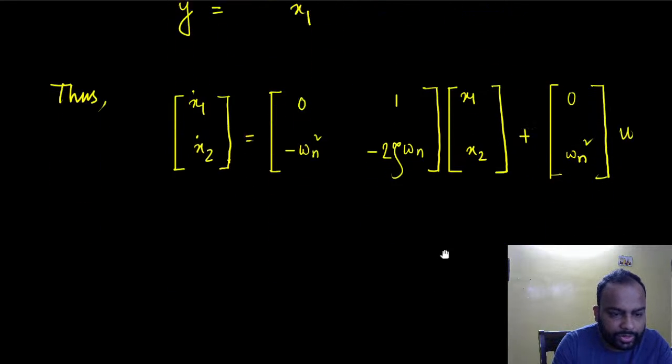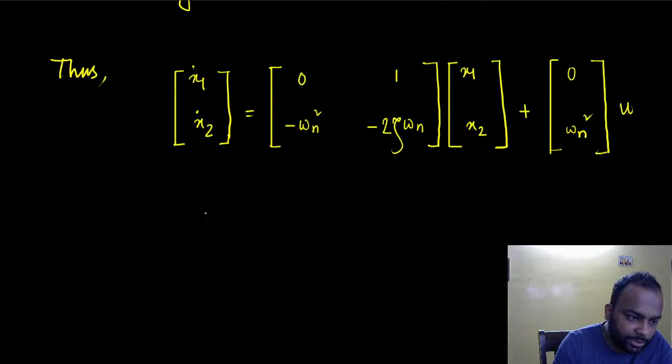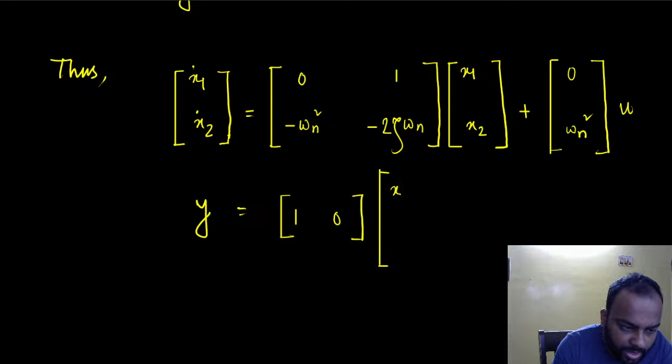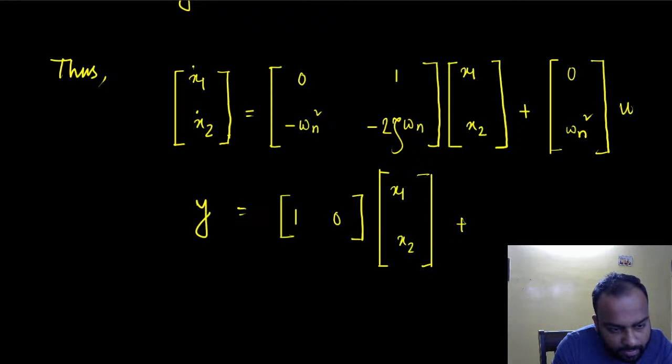So these are the first two equations, of course. This is the state equation, and then we have y equal to just x1, so [1 0] times [x1; x2]